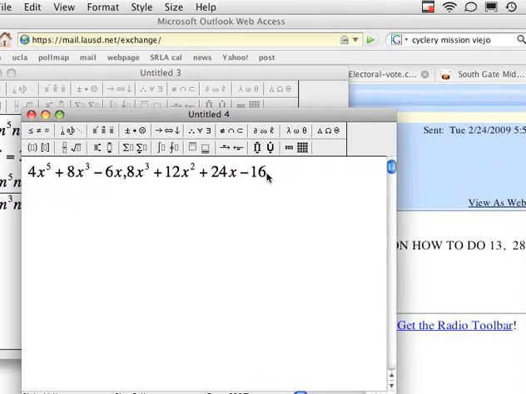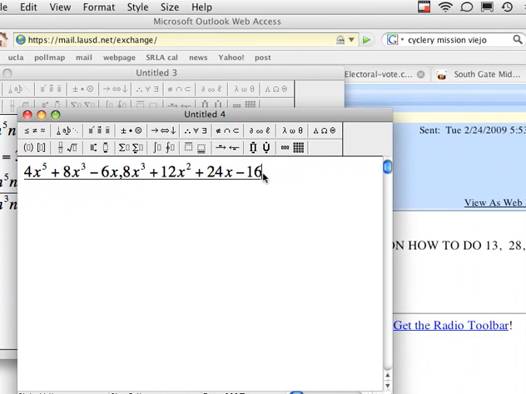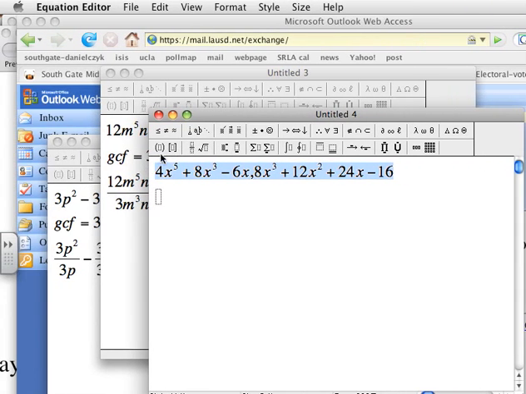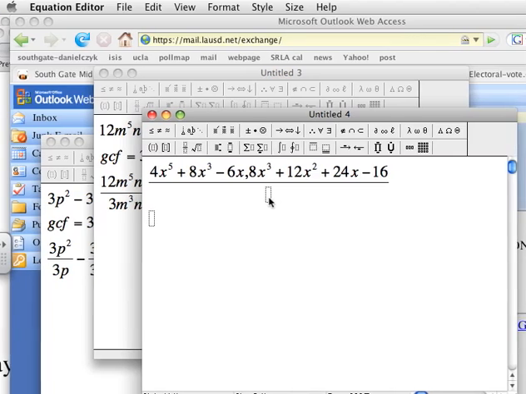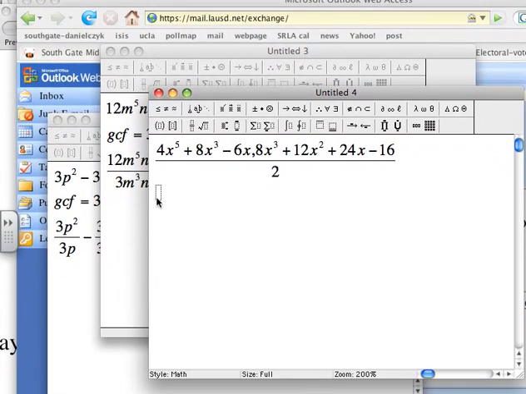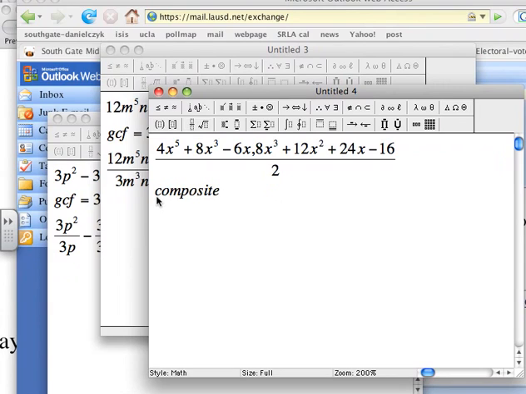Every single one of these numbers could be multiplied by 2, or divided by 2. So, you know what? I think I could just divide everything here by 2. Well, if that's the case, it's not prime at all. It's composite. So that's the answers to 13, 28, and 53, and I hope that